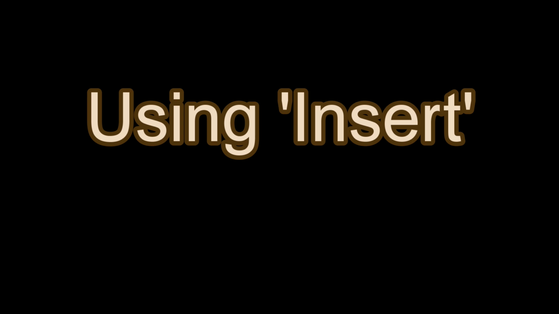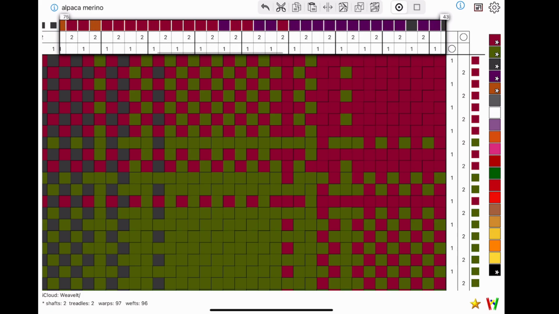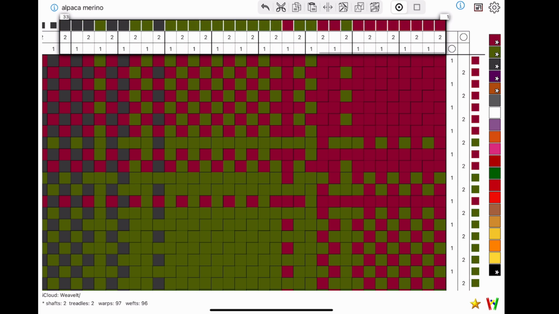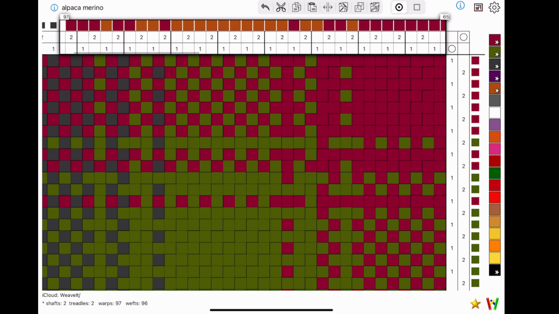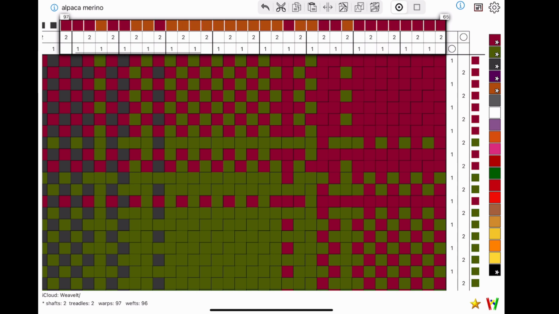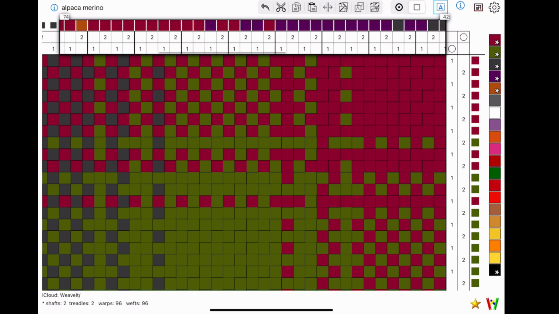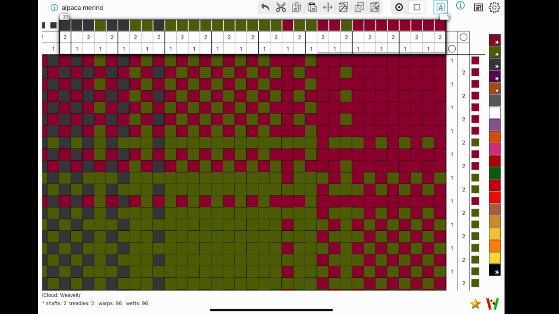Now let's have a look at what to do if we want to change a pattern and add things into an existing pattern, which means we don't have to go and change absolutely everything after where we want to put the changes in. So I've just chosen this pattern. What I want to do is I have 96 ends. What I actually want is 100 ends. So I'm going to have to insert 4